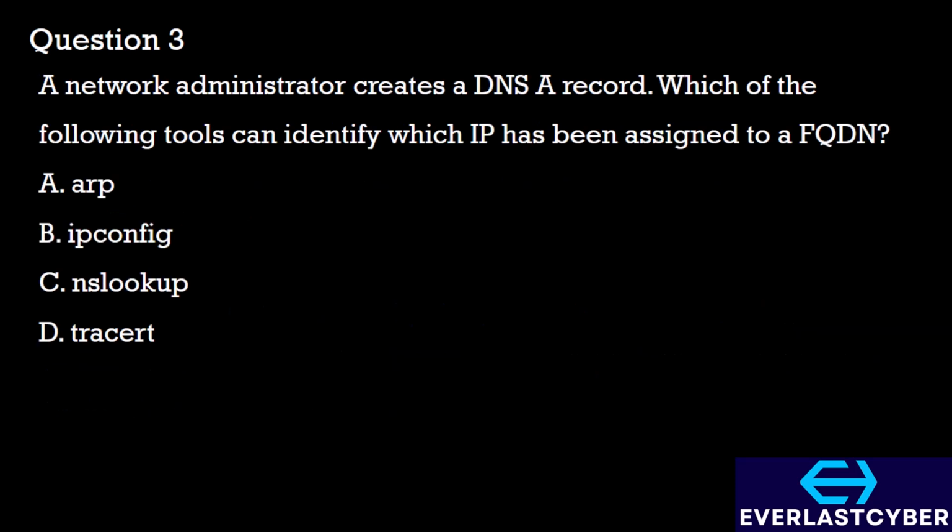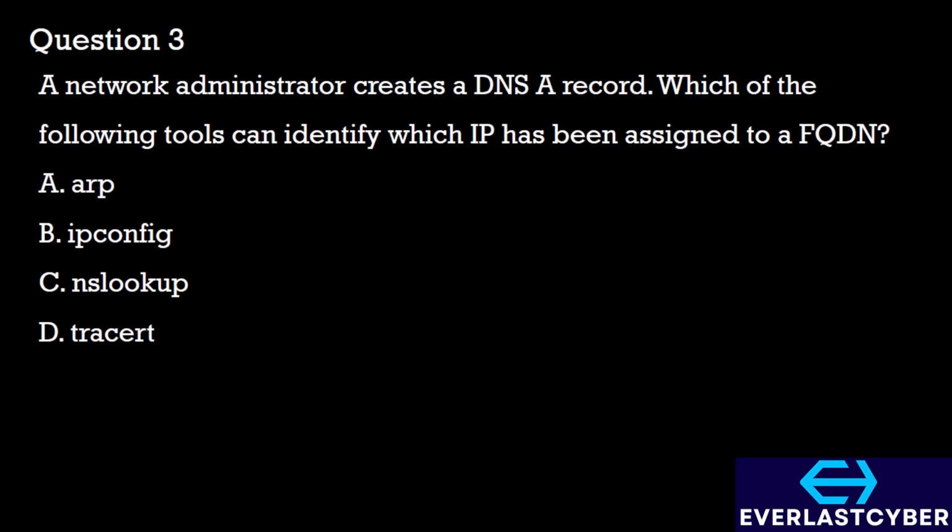A network administrator creates a DNS-A record. Which of the following tools can identify which IP has been assigned to a FQDN? A. ARP. B. ipconfig. C. NSLOOKUP. D. tracer-T. An ARP, or Address Resolution Protocol, is used to map IP addresses to MAC addresses on a